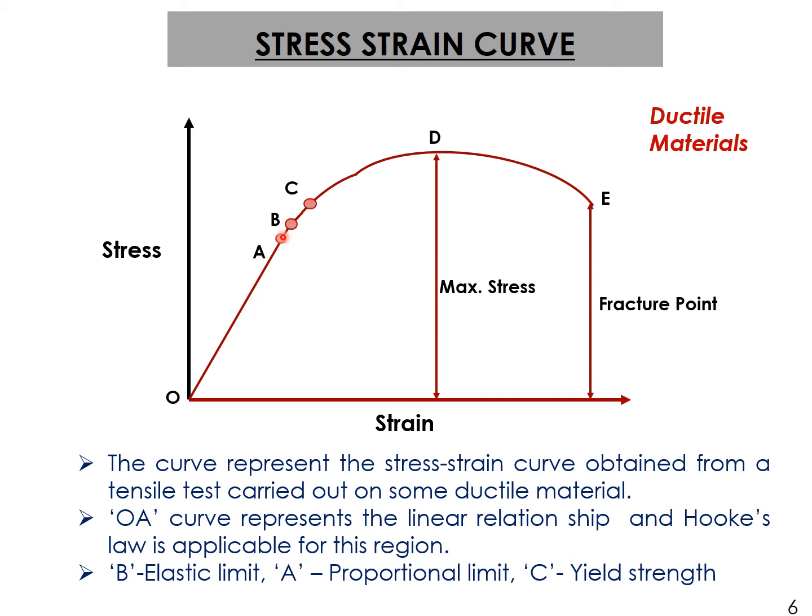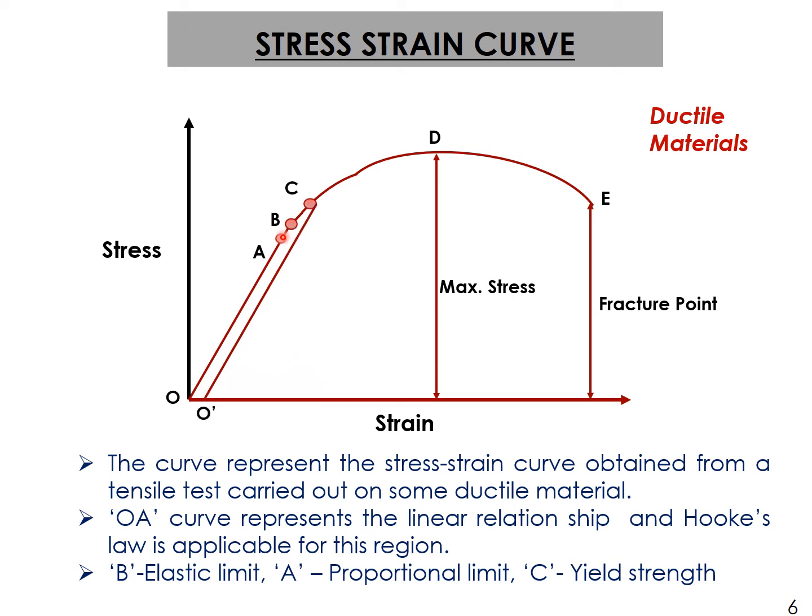So it has been observed that for the majority of materials, the elastic behavior is expressed by yield strength. That is point C. Now, what is yield strength? Yield strength is the stress which causes a small amount of permanent deformation, say around 2%. Once again, I will repeat. At yield strength, we get a stress which produces a very small amount of permanent deformation. That's called yield strength.